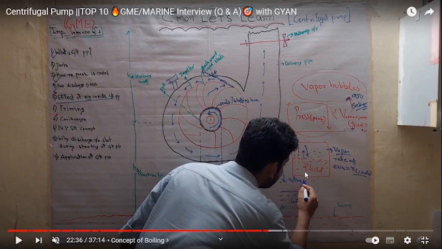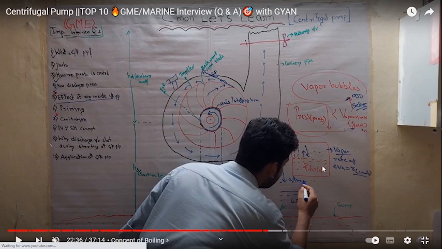Now understand it in an open atmosphere. Here we have atmosphere. Atmospheric pressure is what, guys? What is the pressure of the atmosphere? It's 1 atm, 1 atmospheric pressure, 1 bar pressure nearby. So the atmosphere on the fluid surface will be exerting 1 bar pressure, and when we heat this fluid, the vapor pressure of